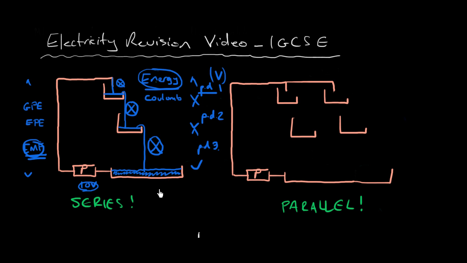Okay, so hopefully that makes sense. So what we're saying is, if this is a battery and there are all of these light bulbs connected, in this case there's 3, then if this cell has an EMF of 10 volts,